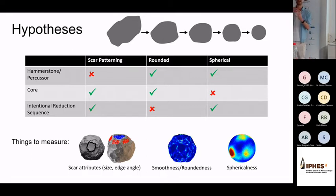And when I say spherical, I mean an actual geometric mathematical sphere. You'll almost never see a river cobble that's a sphere. So an unintentional product probably shouldn't create a sphere. That's something that actually has to be intentionally imposed. So if it is an intentional reduction sequence, therefore, we should expect to see it more spherical. If they're removing flakes and facets, it shouldn't actually become more rounded. And we should see some sort of scar patterns, and a more formal scar pattern than if it was